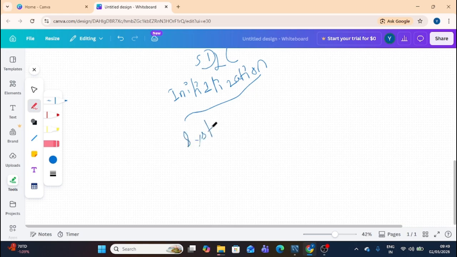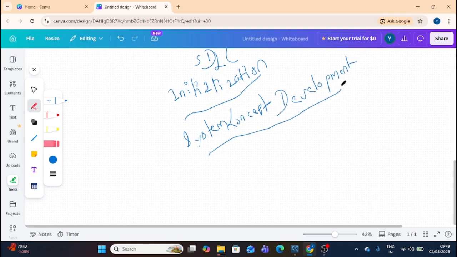The next stage is system concept development. So what is system concept development? For example, we are making an attendance system. Do we need food tracking in our attendance system? No, we do not need such features. Why should we need a food tracking feature when we only need features like attendance and so on? So in system concept development, the features which are needed in our system and the features which are not needed are identified. After that, the next step comes, that is planning.